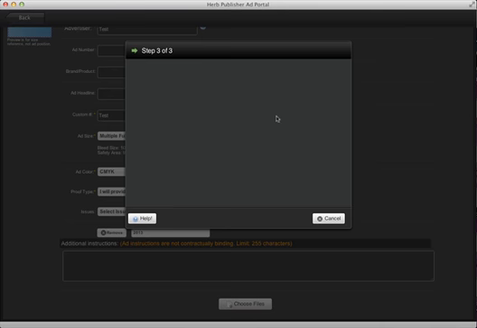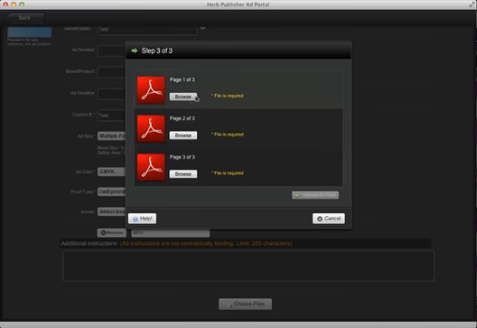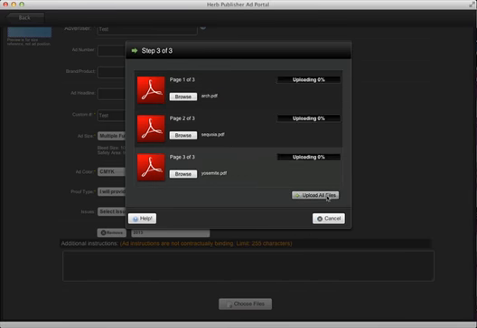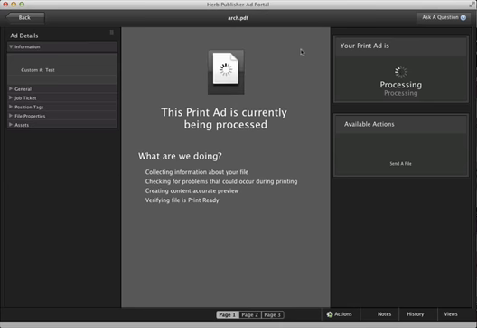When I hit select files, I'll now be taken to the multi-file uploader where I can supply those pages. Now supplied my 3 file names, click upload. You'll see that each page will upload separately. Once the full file set has uploaded, it will refresh as you would normally see, and the files will begin